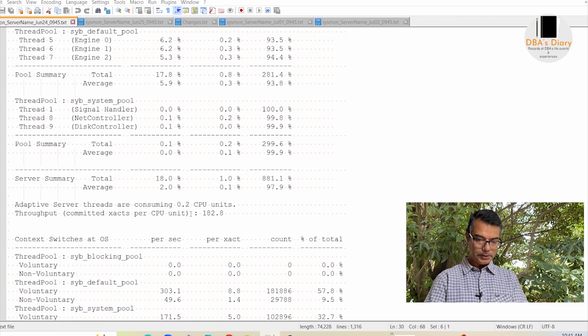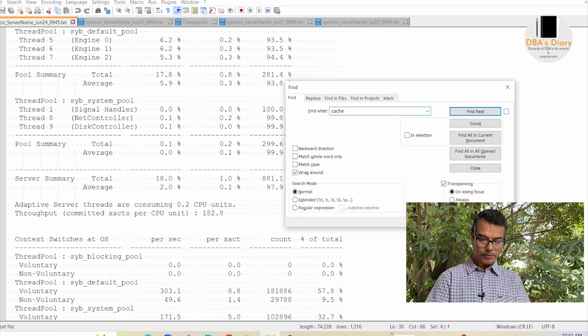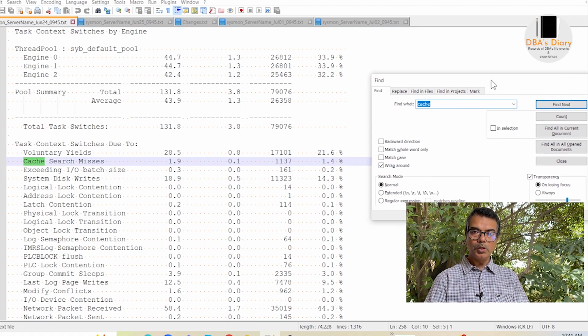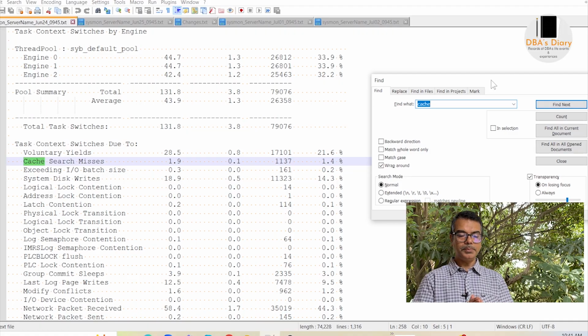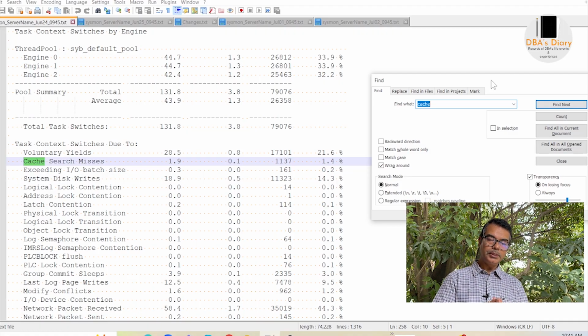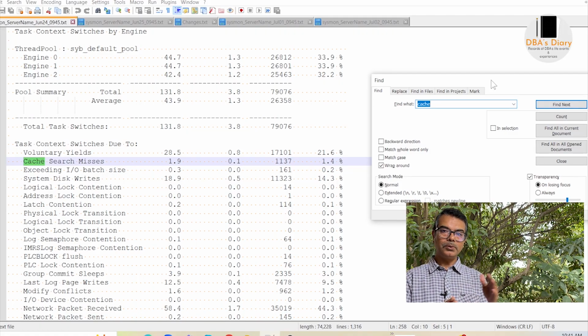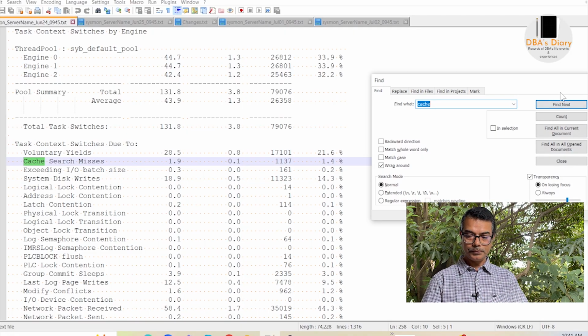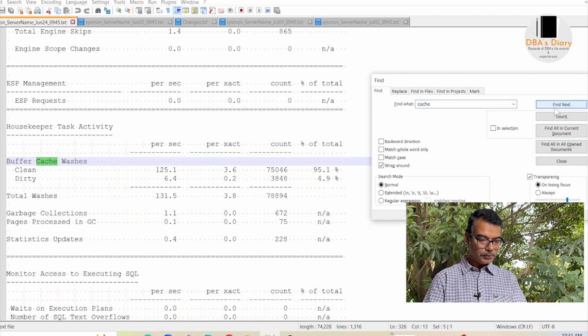Now, let us see what we are actually looking for. Cache search miss, if you see here, is 1.4%, not too much cache miss, but then we have to see how it translates when we go to the cache section, the one where we have the cache details. So, if you go further,